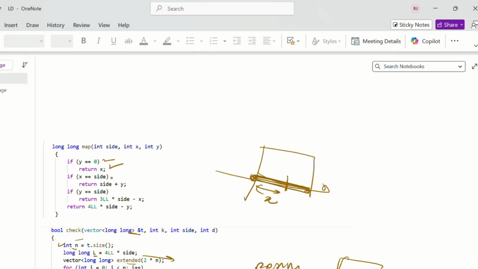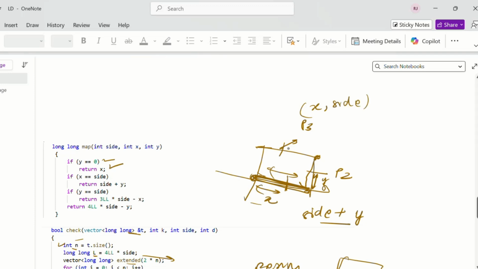If x equals side, my point will be somewhere located here on this right side. How can I find the distance for this? This distance will be this side plus the y coordinate of this point. And if the point is somewhere located here, my y coordinate will be equal to side, so it will be x comma side.